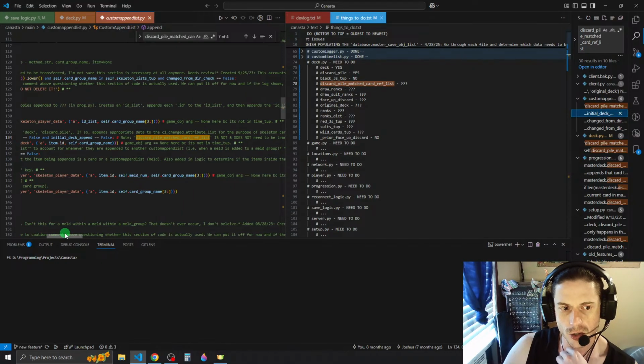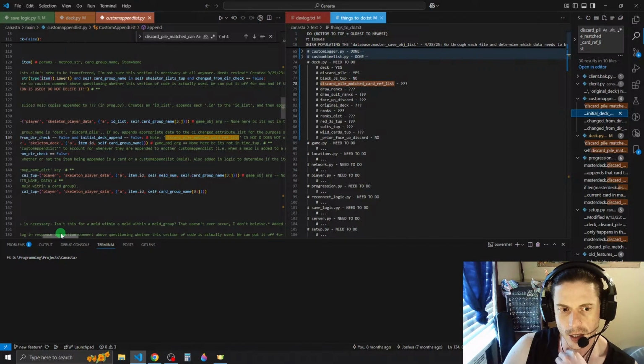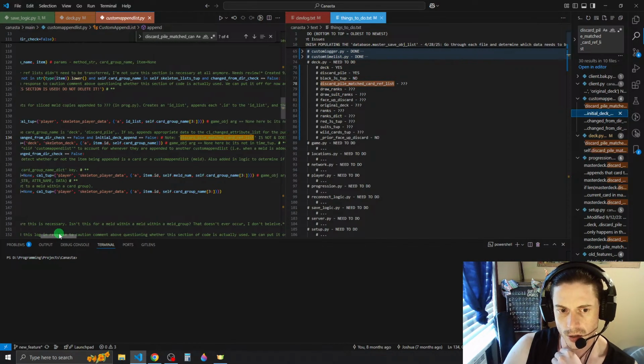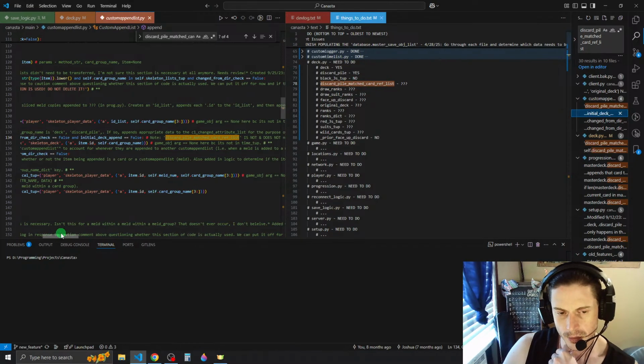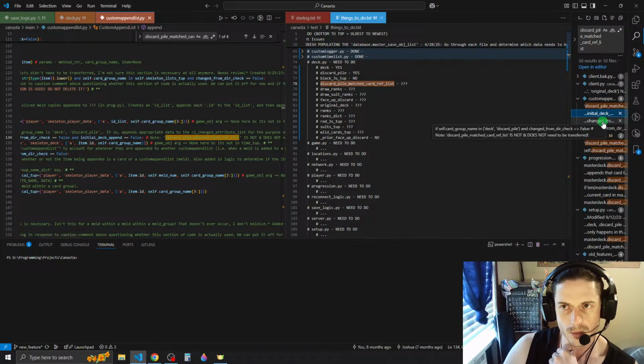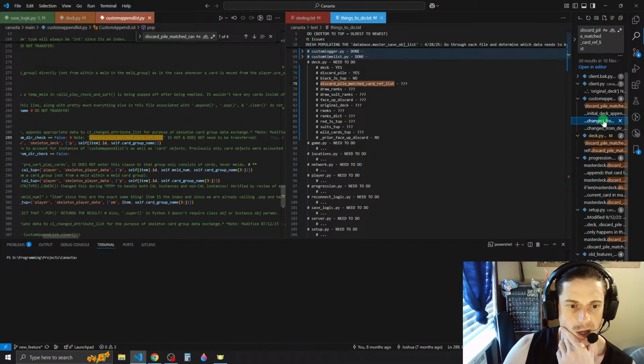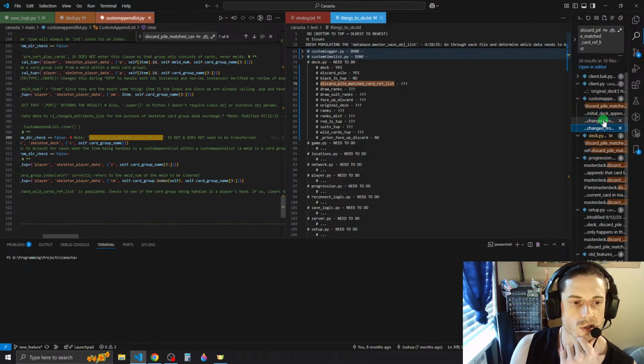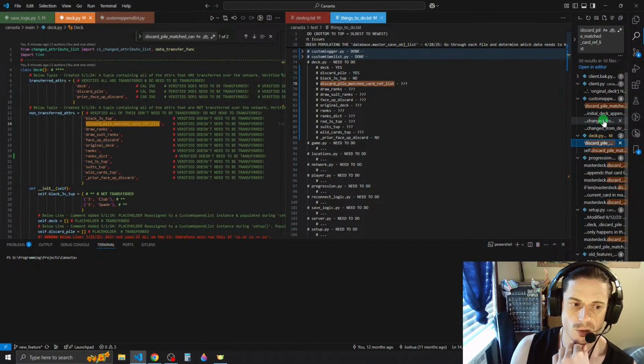So if it's not transferred, well, that doesn't mean we don't need it. But if it's not transferred, that means it's probably only used server side. So this would be something that is really only needed